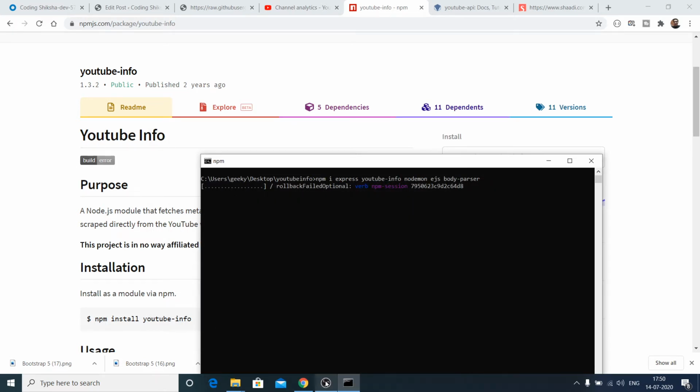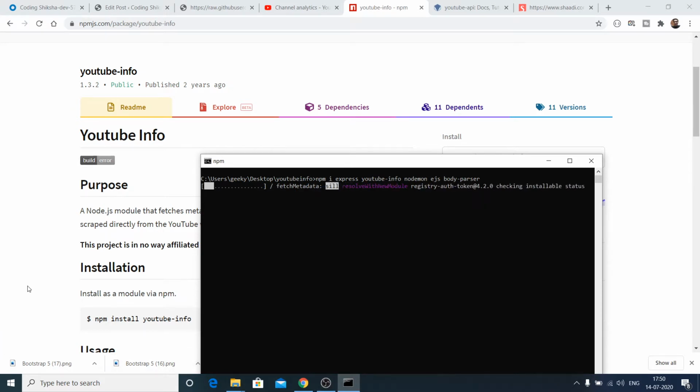So after this, we will create our Express server. So for the source code I have already illustrated, you need to go to the video description and click the link to download all the source code. So you will be redirected to my blog where I have written the step-by-step instruction.